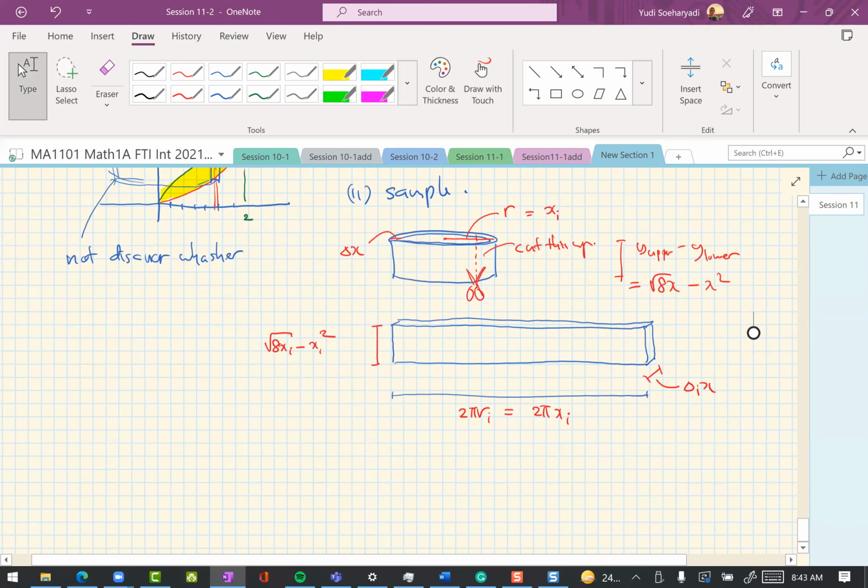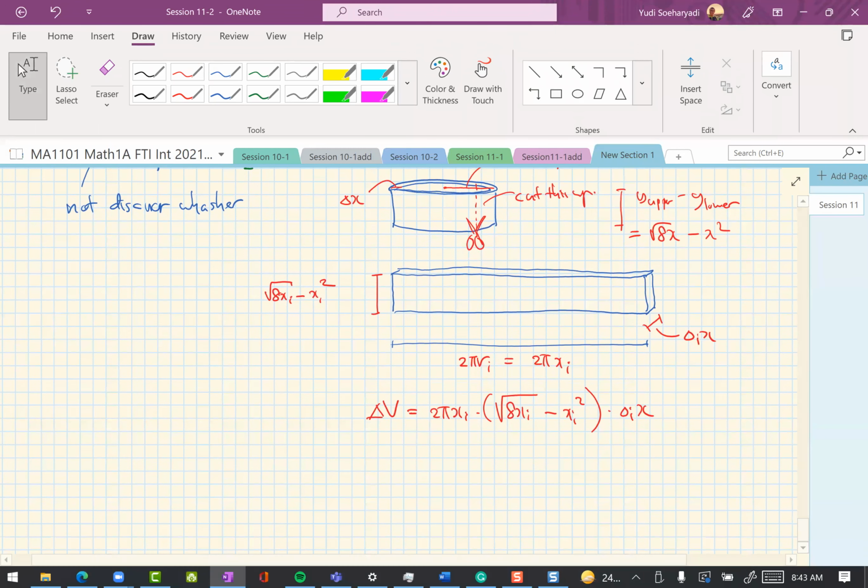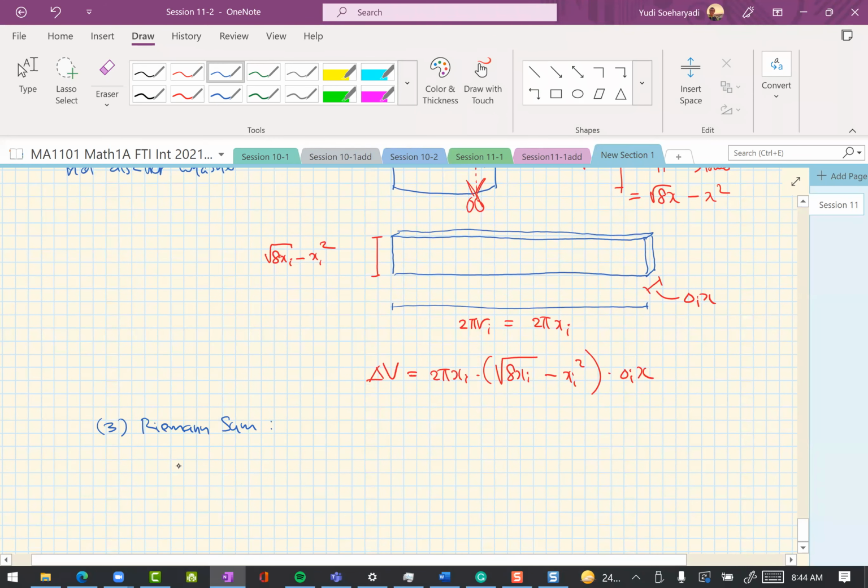So the volume of the sample is, let's see, 2 pi xi times this height times the width. And there's the width. And the third one, Riemann sum. So V is approximated by this Riemann sum. This Riemann sum partitions, so 2 pi